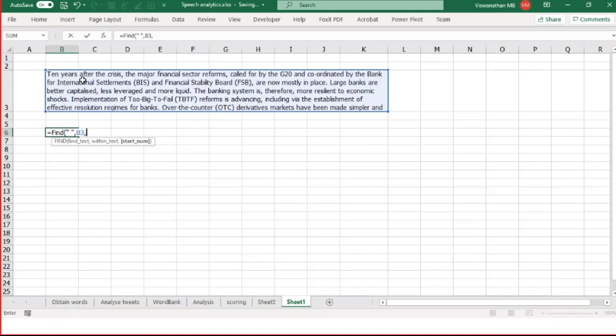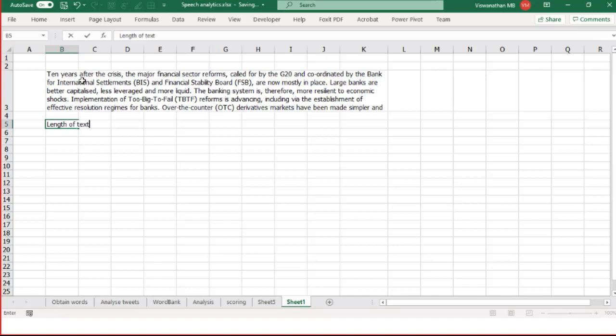So what I'm going to do is generate a series of values here. I'm going to start from every letter. Start from 1 and find out where the first space is. Start from 2 and find out where the second space is. Start from 3 and find out where the space is. That's what I'm going to do. So sequence of length of this cell. The length function gets me how many characters there are. Equals length of this, the number of characters.